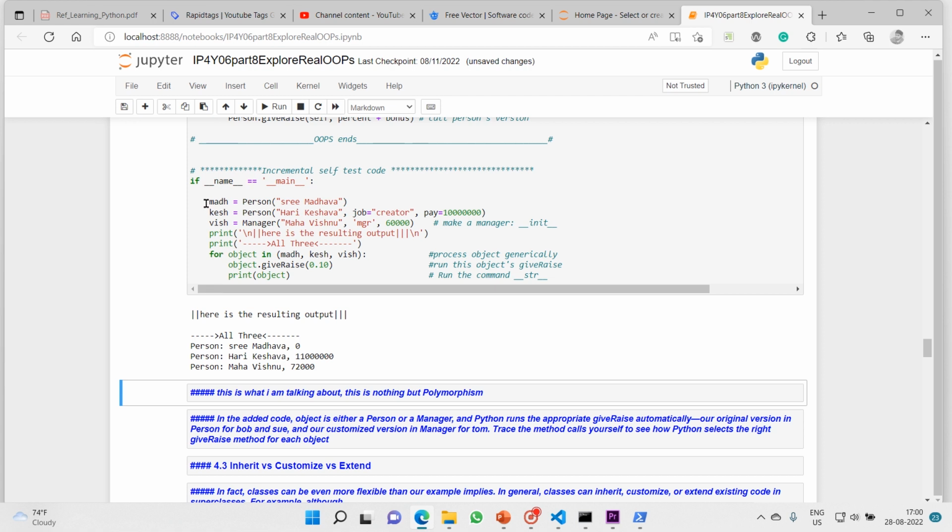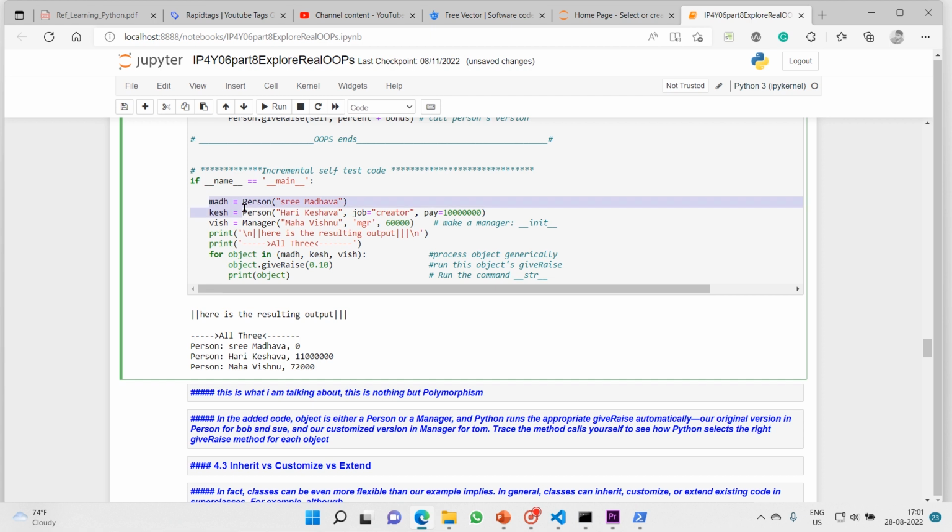We have three objects, Madh, Kesh, and a manager. Total 3 objects. As we have 3 objects, we'll call give rise on each one and check pairwise. If you see, the raise of the first one is 0, the second one is normal, that's 10%, but the third one is with bonus, it's 20%.